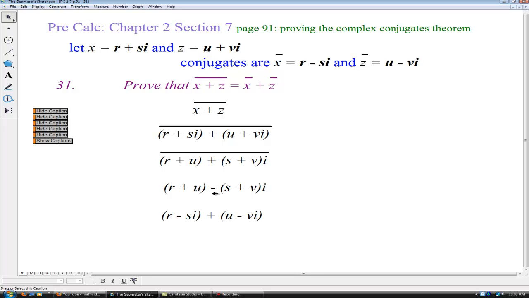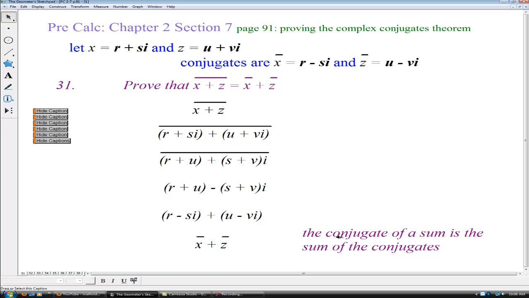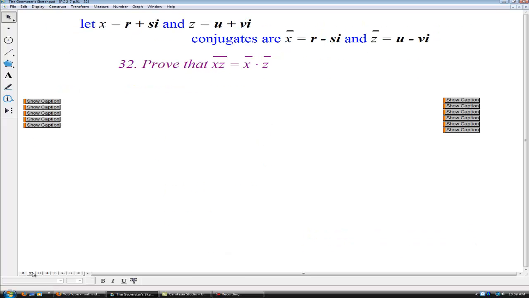Here we will distribute our minus sign and our imaginary unit, and then we will use commutative property and associative property again, and we now see that we have r minus si and u minus vi being added together. So our conclusion is that the conjugate of a sum, which we started with, is equal to the sum of the conjugates. Number 32, given the same information for x, z, and conjugate of x, conjugate of z,